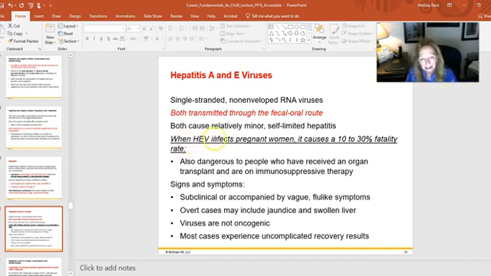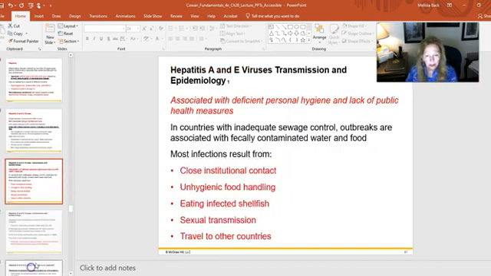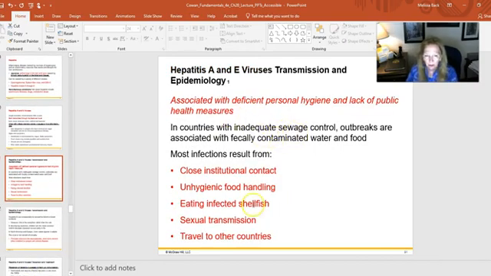When hepatitis E virus infects pregnant women, it causes up to 30% of a mortality rate. So, we've talked about this idea that there are some things that you're more susceptible to when pregnant, or your fetus will be. So that's something to just think about. I don't think I asked you about that, but just something for you to know. Anything that attacks your liver, virus and or otherwise, is not a great thing, but these are really some of